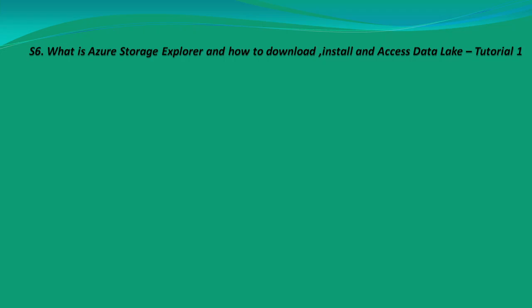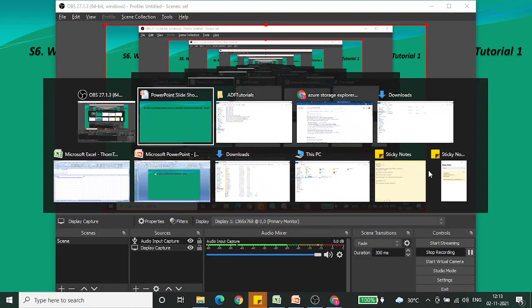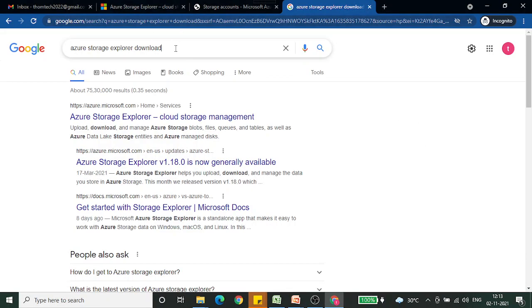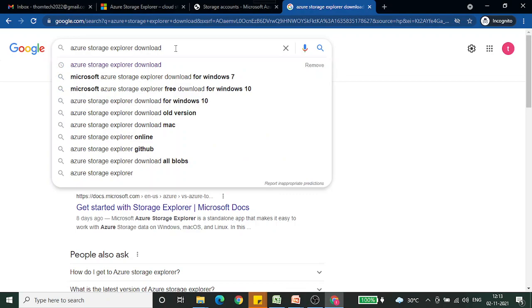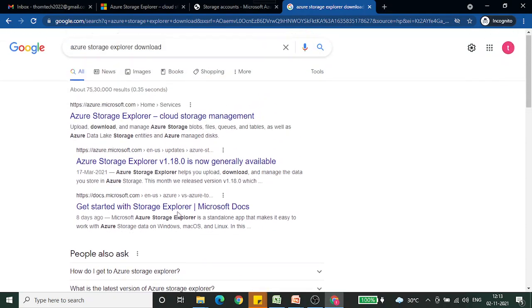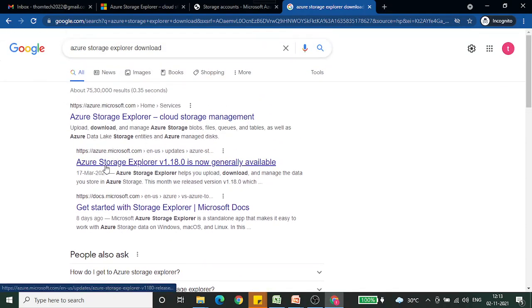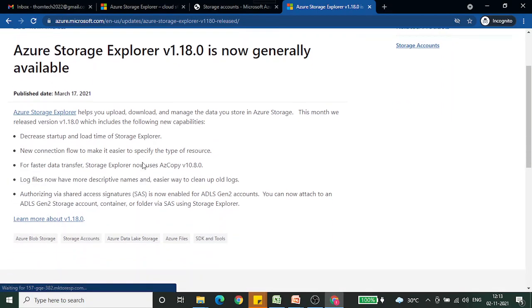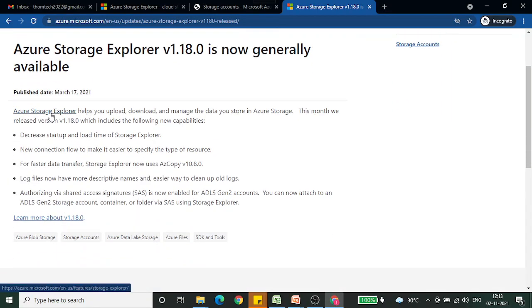First of all, I will show you how to download Azure Storage Explorer. Guys, do not skip, otherwise you might miss some steps. So let's move on to Google. Simply search for Azure Storage Explorer download. Once you click, there are a lot of links. Let me click on Azure Storage Explorer, and then you will find one more link over here.